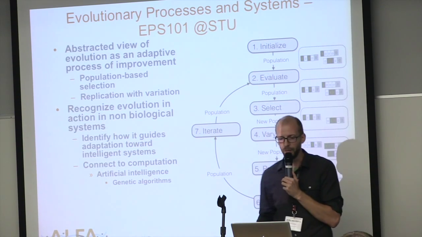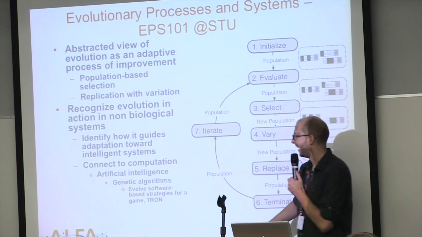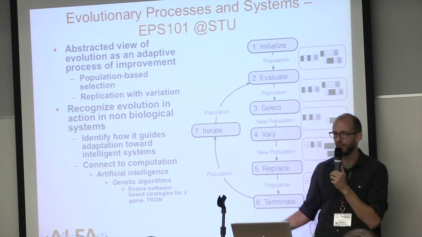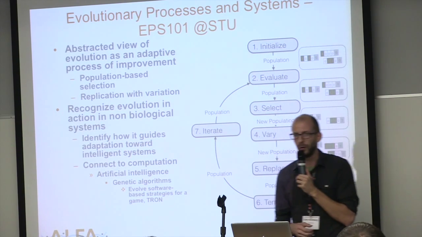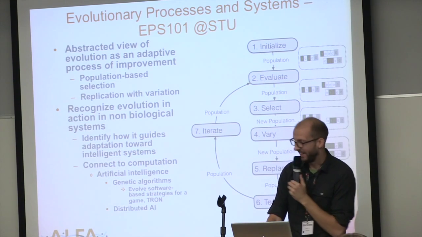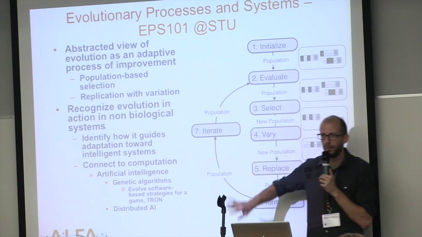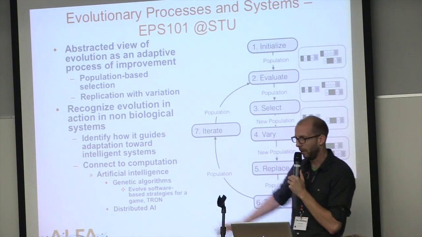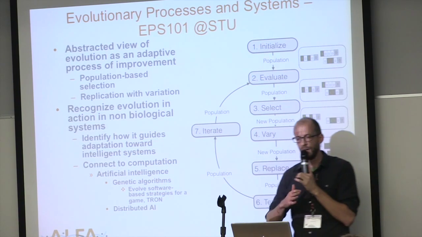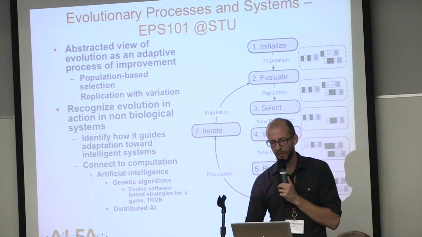It's kind of an algorithm based on genetic replication. And we have to go into games in one way. So we can try to evolve software-based strategies for a game called Tron. It's also called Snake, and you all played it on your Nokia phones when you were younger. And then we also enjoy the distributed AI. So we try to put in our computer science, AI, and ALife. And while doing this, here's where we put in the skill components. So we kind of try to blend the perspective and then the skill components.